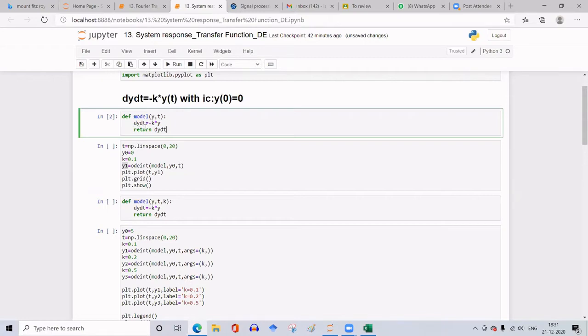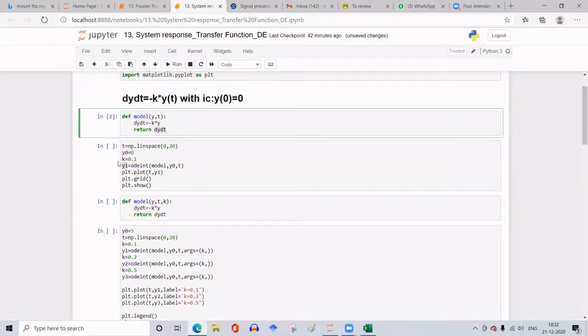So if it is second or third or higher order, we must break it into a set of first order differential equations as we do while modeling using state space representation. And those set we have to give here between def and return. And the return will return the solution of all those first order differential equations that we defined in this model. Okay, here now this is only one first order differential equation. So that is defined by dy by dt is equal to minus k into y. And it returns the solution of this dy by dt.